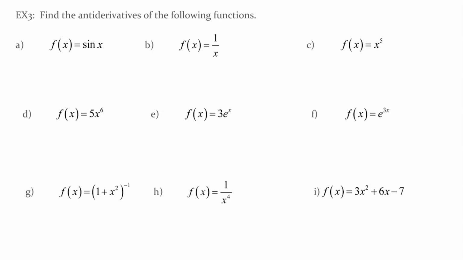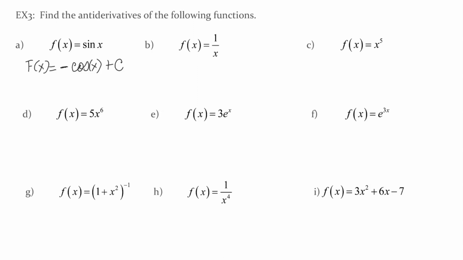So if little f of x is sine of x, well, remember, what derivative is sine? Well, the derivative of cosine, we know, is negative sine. So when we go backward, we would say the antiderivative of sine, because it doesn't have a negative, we would say the opposite of cosine of x, and then plus c, because the derivative of c is 0, and the derivative of negative cosine is